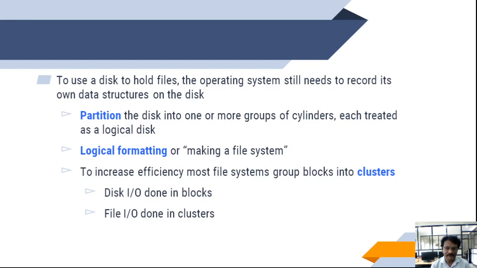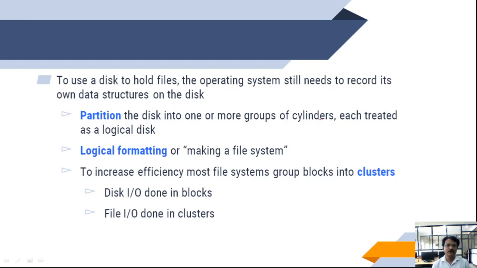See, formatting a disk with larger sector size means that fewer sectors can fit into the track. If the size is small, we can have more sectors in the track, but it also means more headers and trailers are written on each track and less space is available for user data. Some operating systems use the standard 512 bytes. So this is how low level formatting is done.